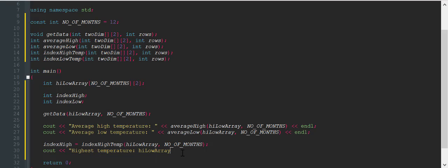Oops, and you make sure that you end it right there. highLowArray, indexHigh, 0,